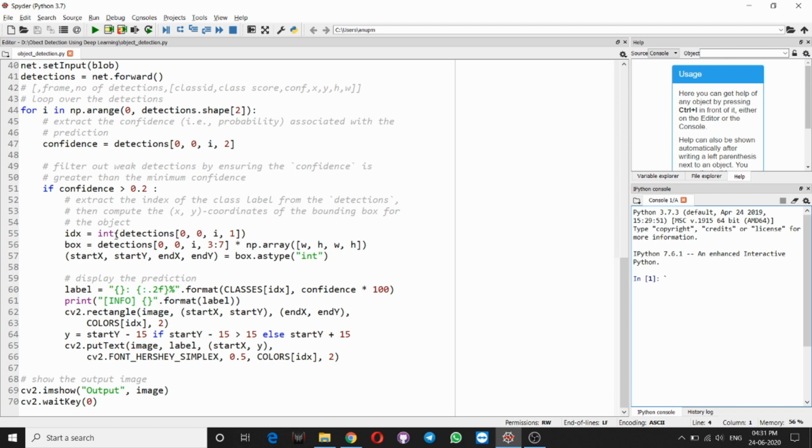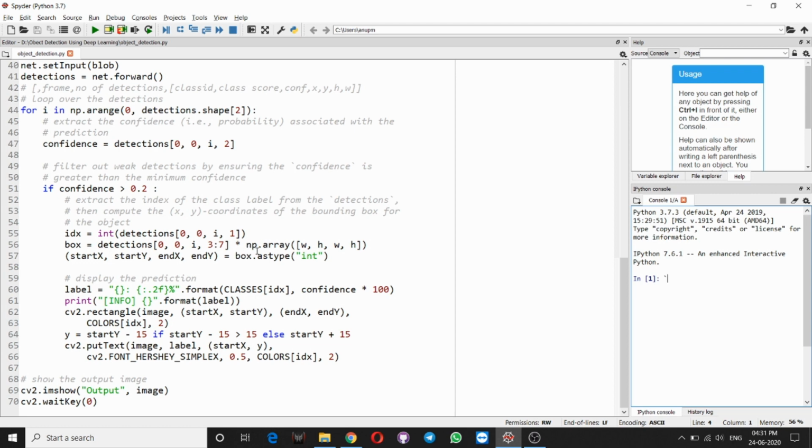Now, after getting the index of the detection, we will make the box surrounding our object, which is known as the detection box, and for this we require the values of detections. The first three are the same, 0, 0 and i, and the last one is 3 to 7, which means we want x, y, h, w.